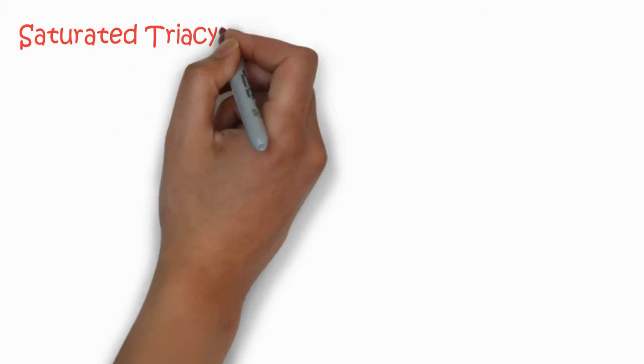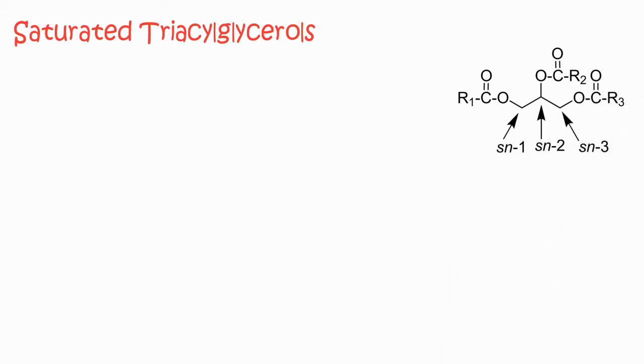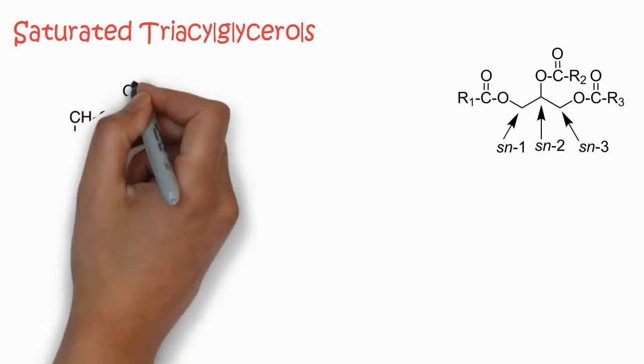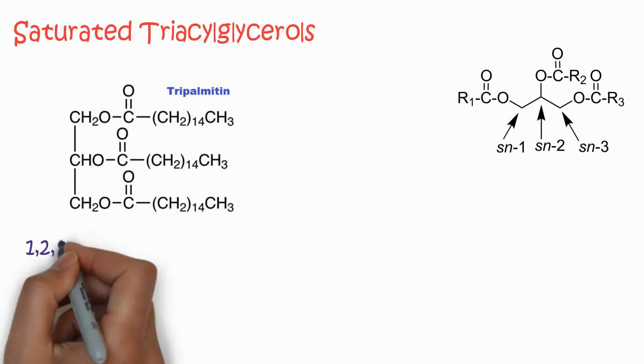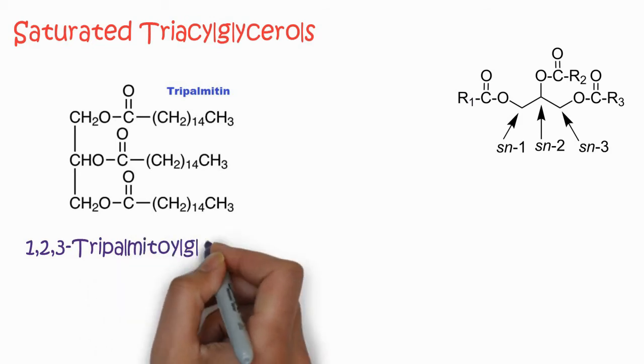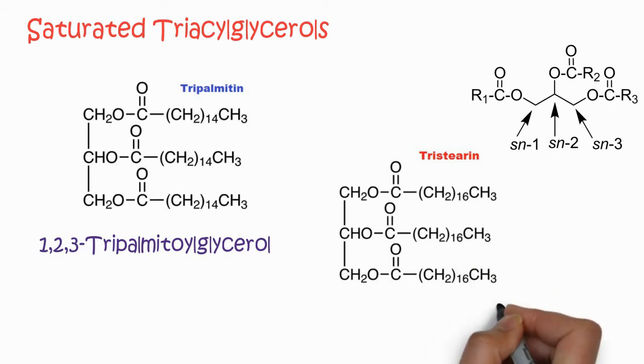Now we will discuss examples of the saturated triacylglycerols. In this case, you can see here the structure of triacylglycerols. SN1, SN2, SN3 represent the stereochemical numbering on the glycerol. The first example of a saturated triacylglycerol is tripalmitin, in which positions 1, 2, 3 have 3 palmitic acids attached. So the common name is